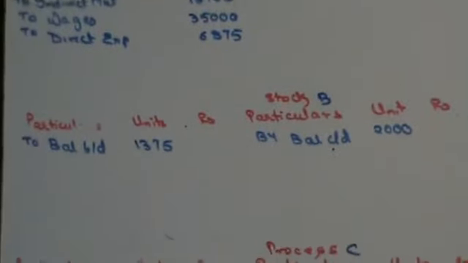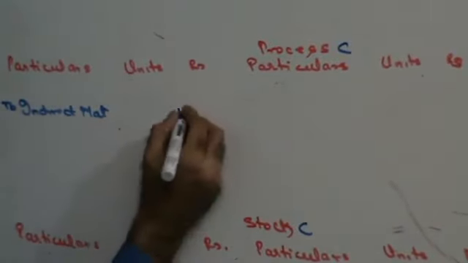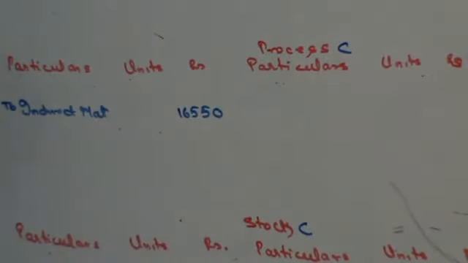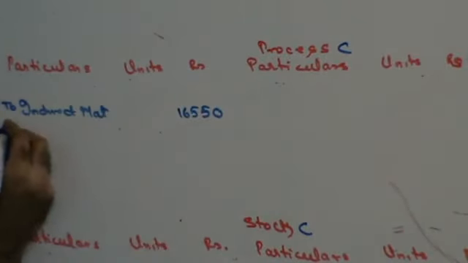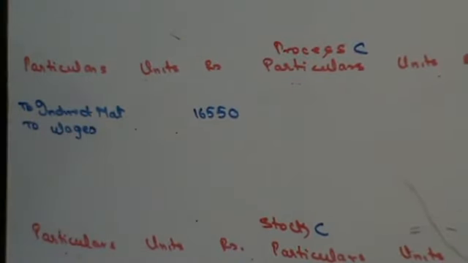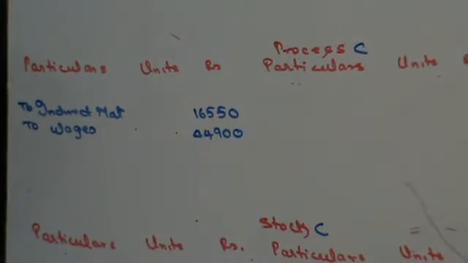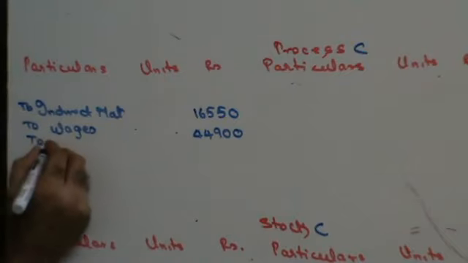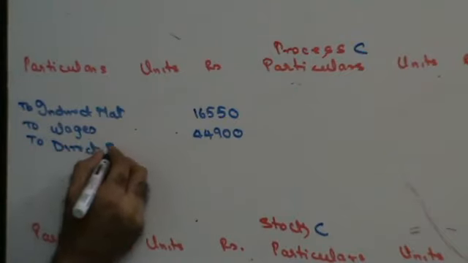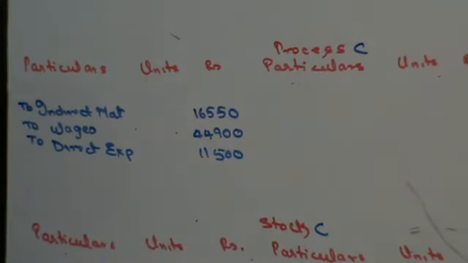To indirect material. Indirect material is given to you as 16,550. Then to direct wages. Direct wages are given to you as 44,900. Then you have direct expenses, 11,500. Direct expenses is 11,500. Right? Now, then they have given you